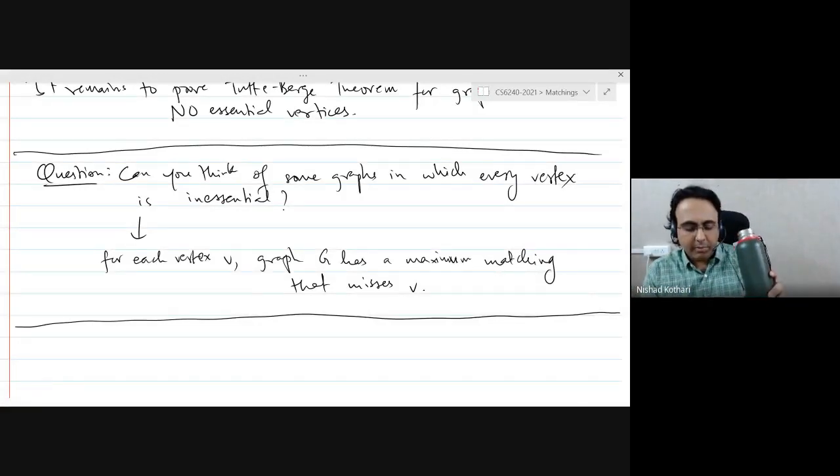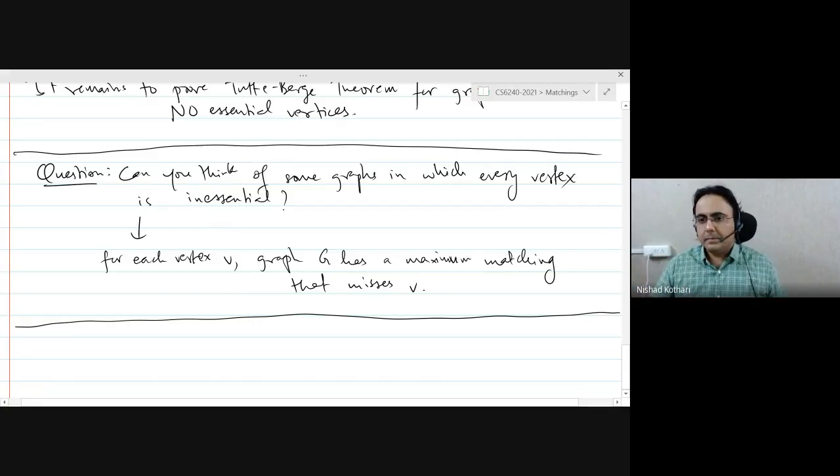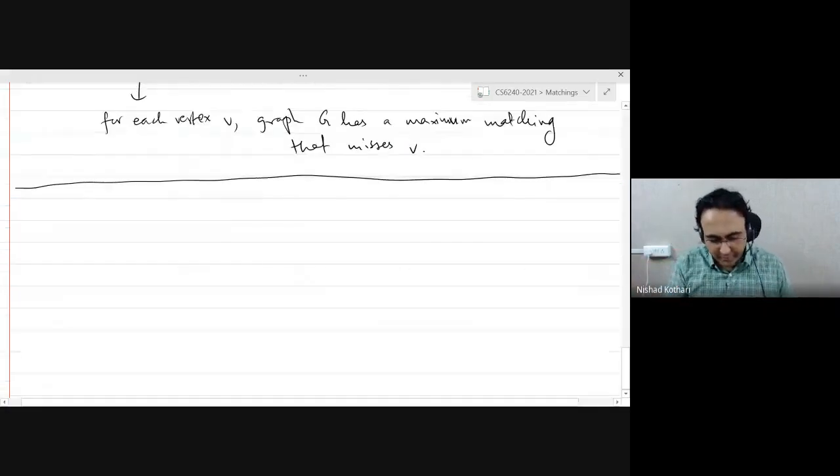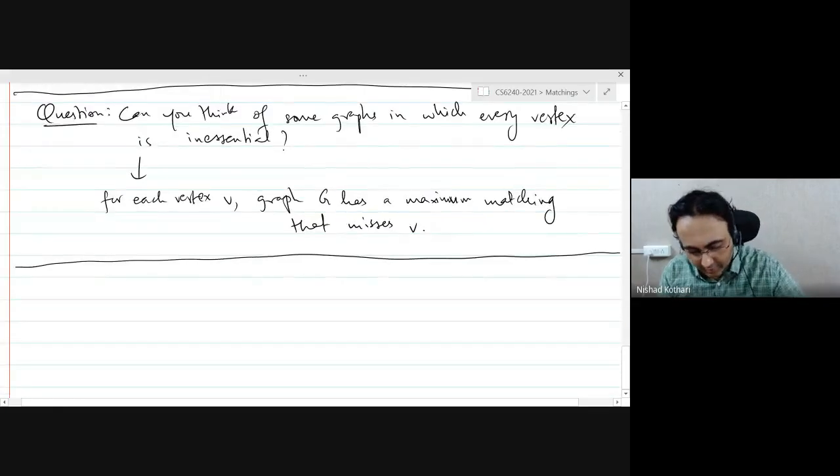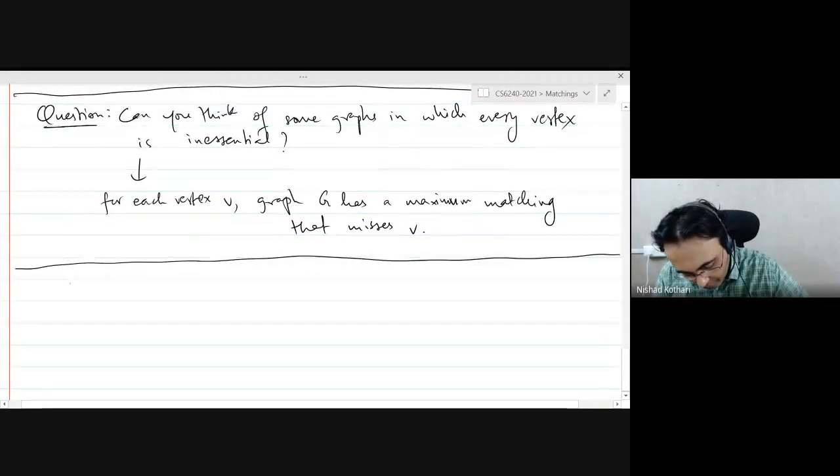Can you think of some graph where this is true? Think of the usual odd cycles. Right. So odd cycles are a classic example.